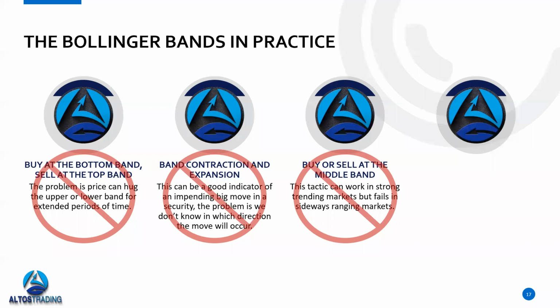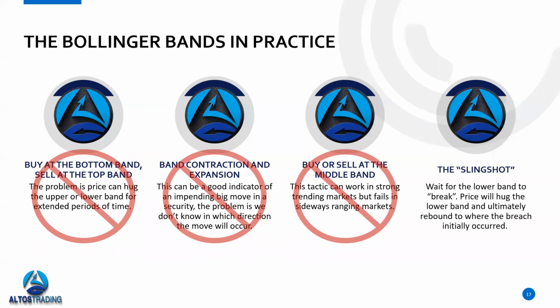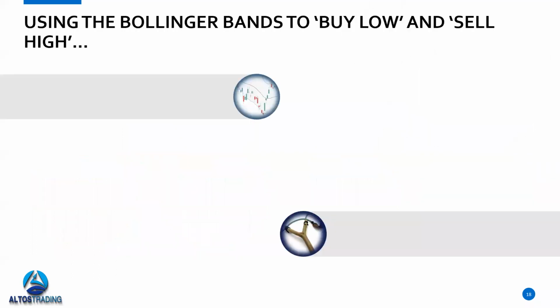So we've seen some pros and cons of some of these, but a lot of disadvantages of these methodologies for using the Bollinger Bands. And so what I've done is I've solved all these problems that you would encounter with the Bollinger Bands using what I call the slingshot setup. So what this is, we wait for the lower band to break. And then what happens, as we looked at on that chart earlier, is that price will hug the lower band and ultimately rebound to where the breach initially occurred. And this is truly, in my 20 years of experience, the best way to use this volatility study. And we're going to use it in a very unique way to buy low and sell high in any market